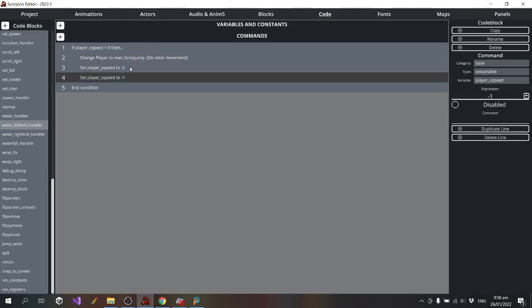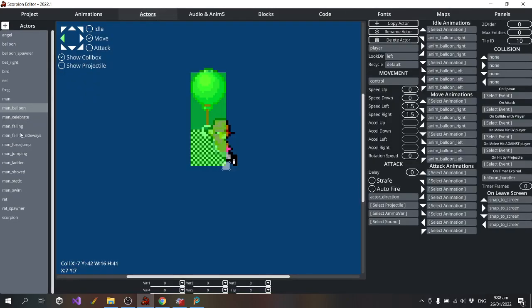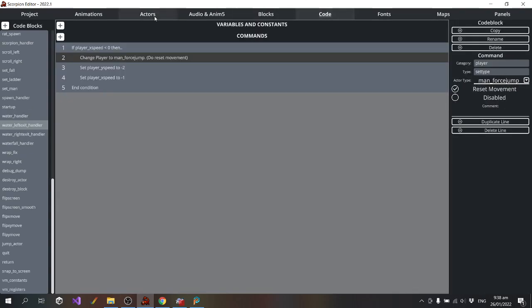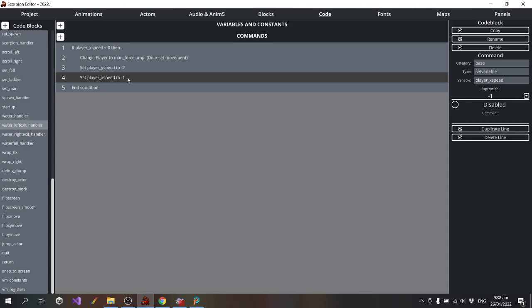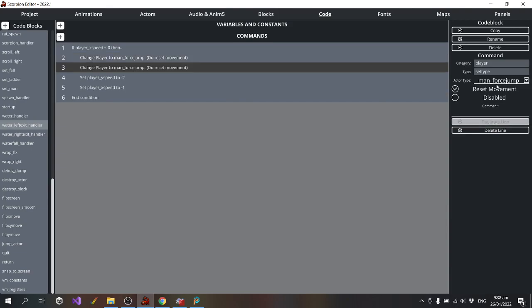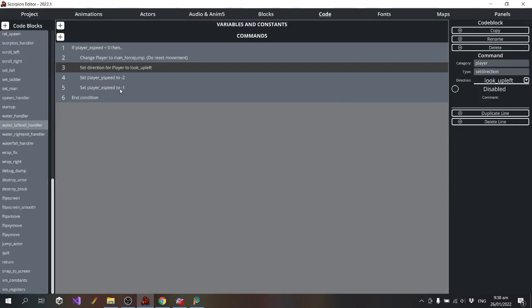Okay, so the problem is it might be just because I'm manually setting speeds here. And jump left. Okay, so what I'll do is I'll add a new line here for player direction, and it should be look up left.